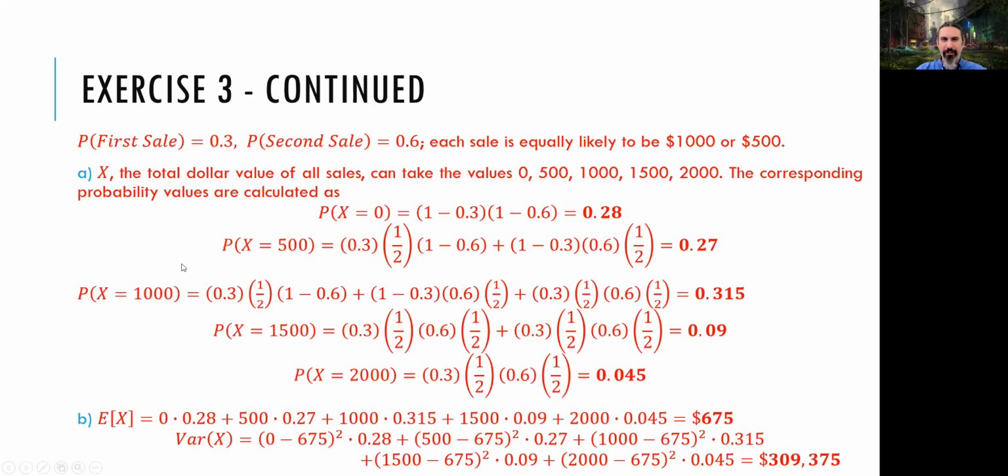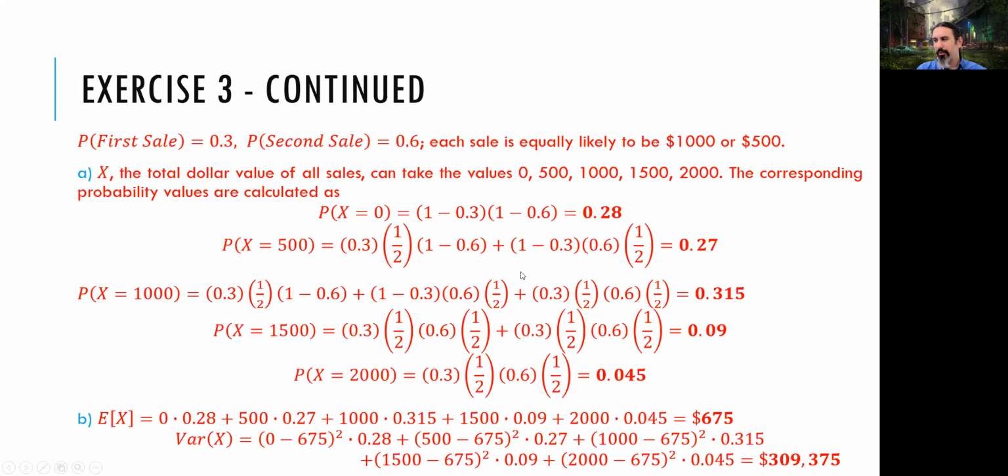The third situation is where the income is $1,000. So I have 3 different scenarios for this one. I have sold 2 standard encyclopedias, or I have sold 1 encyclopedia that is deluxe to the first one and no sale to the second one, or I have sold nothing to the first one and a deluxe one to the second customer.